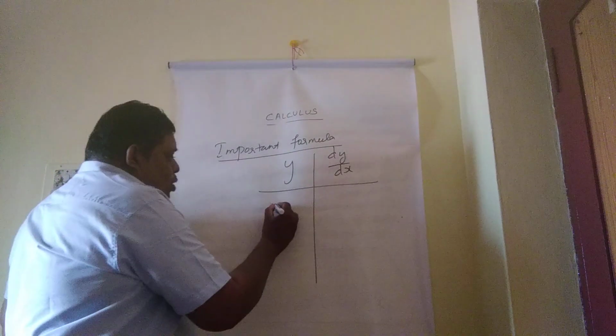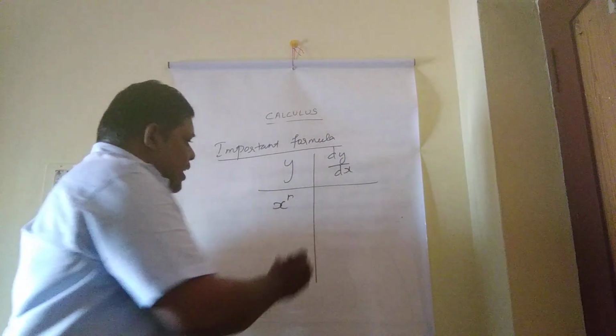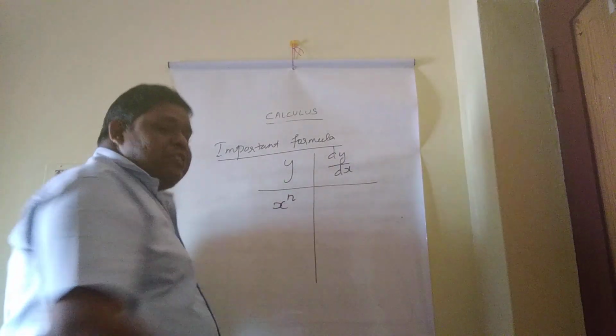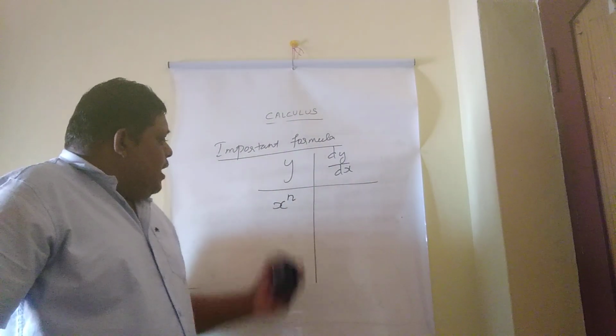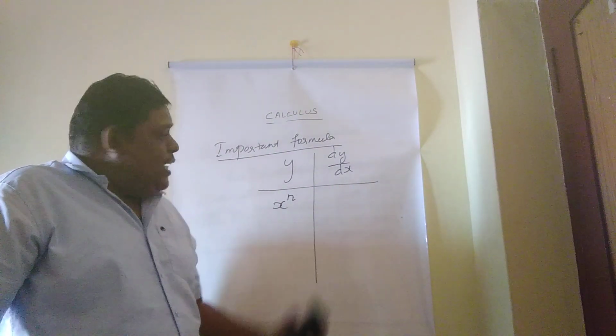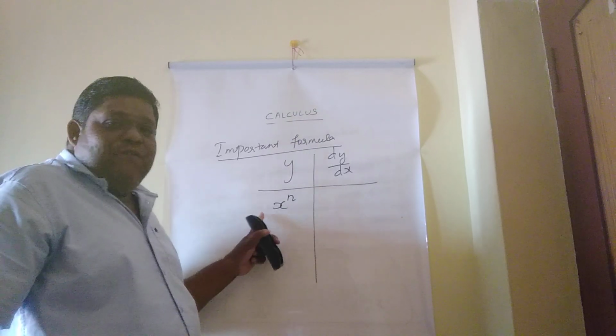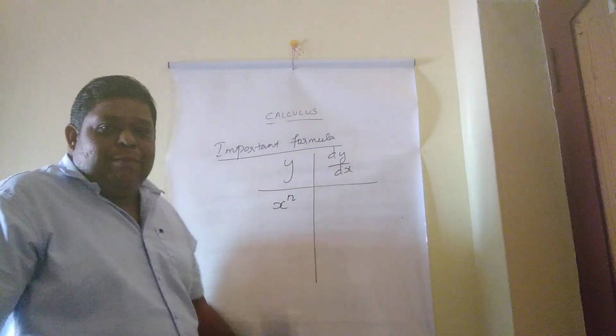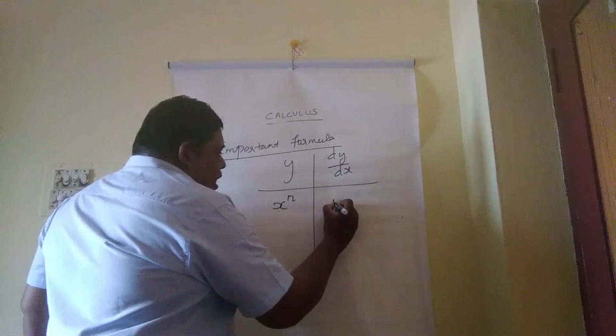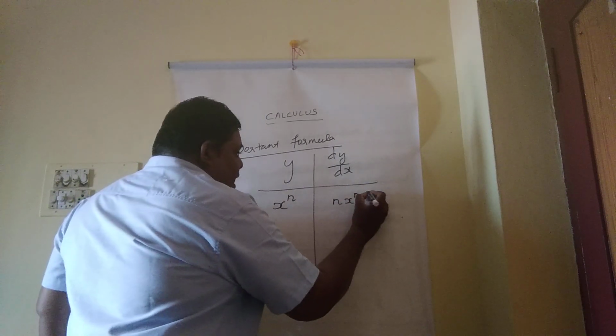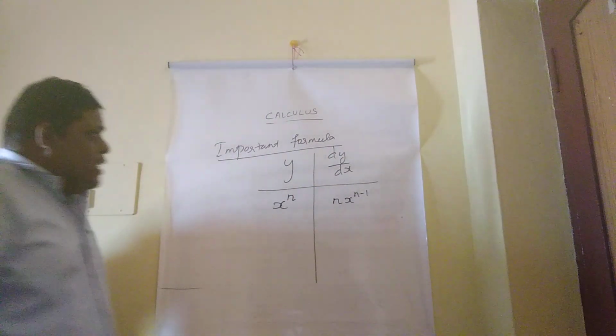Now y is equal to x to the power n. Derivative function of x to the power n is, now power term comes front side and power term reduced by 1. That is n x to the power n minus 1. Okay. For example,